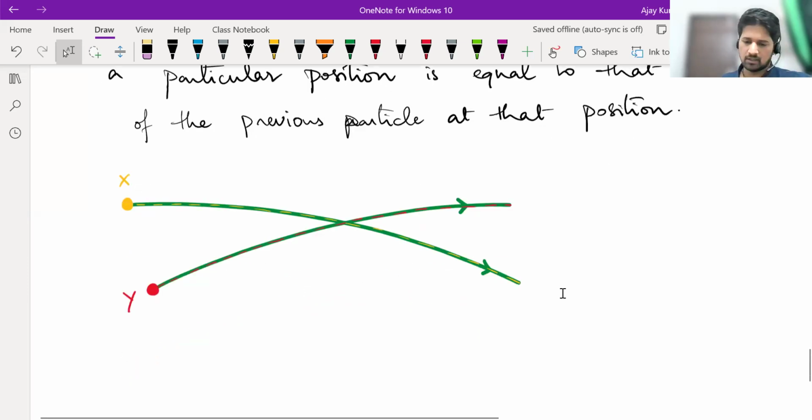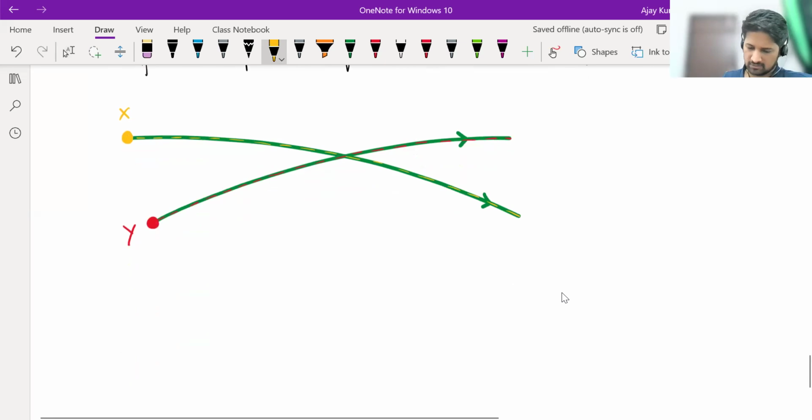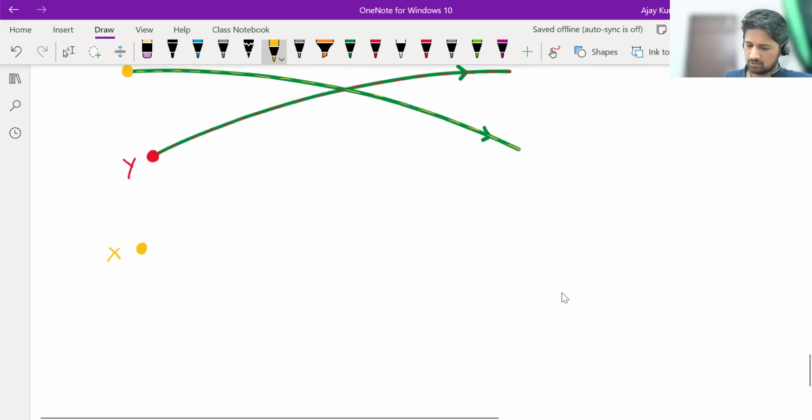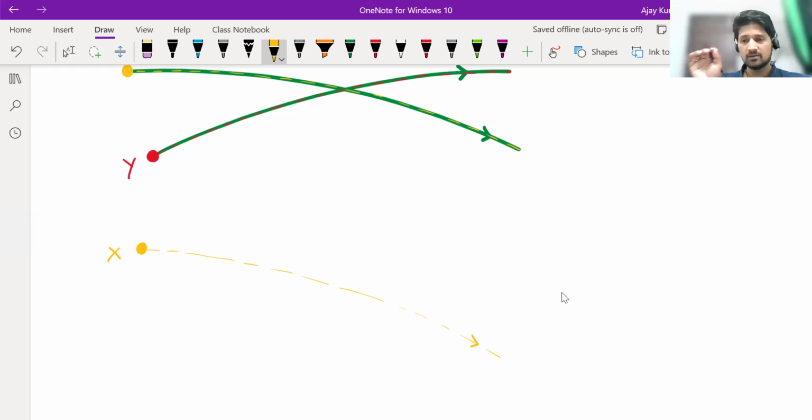Okay. See, how do we draw streamlines? We trace the path followed by the particles, right? Suppose you trace the path along which x moves and you find that x moves like this. Now we are calling them streamlines, which means the flow is steady flow. What is the meaning of steady flow? Any particle arriving at a particular position must have the same velocity as any other particle which comes to that